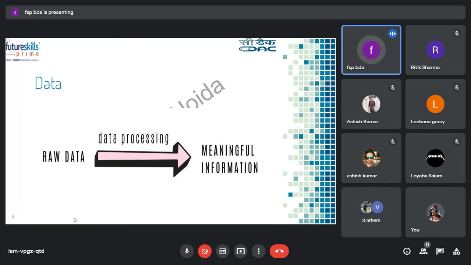So these are the topics we are going to cover. Data, as you all know, is a broad term that can refer to raw facts. We gather raw data, then we process it to get some meaningful information, to find something meaningful out of it. Now data is of different types. In your previous two lectures, you have heard this twice or thrice, that different types of data are there. Can anyone tell me what are the different types of data?